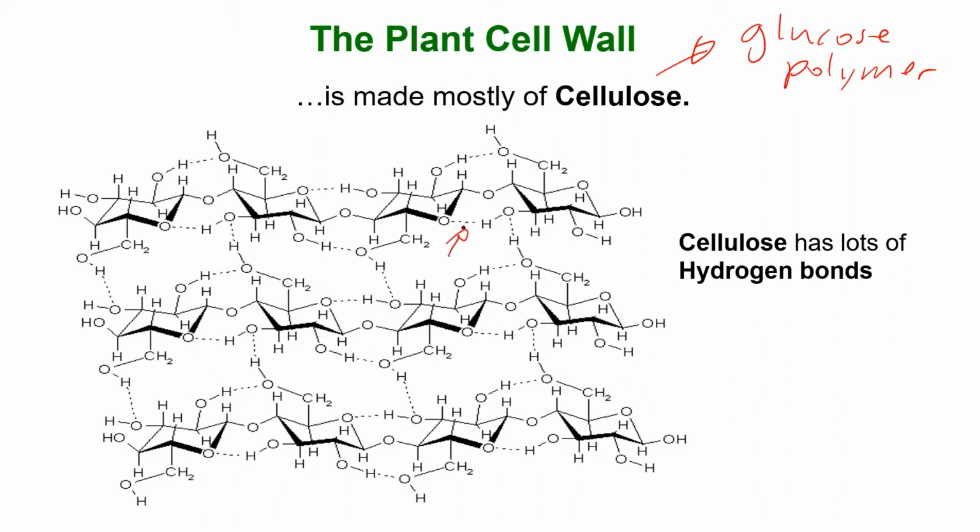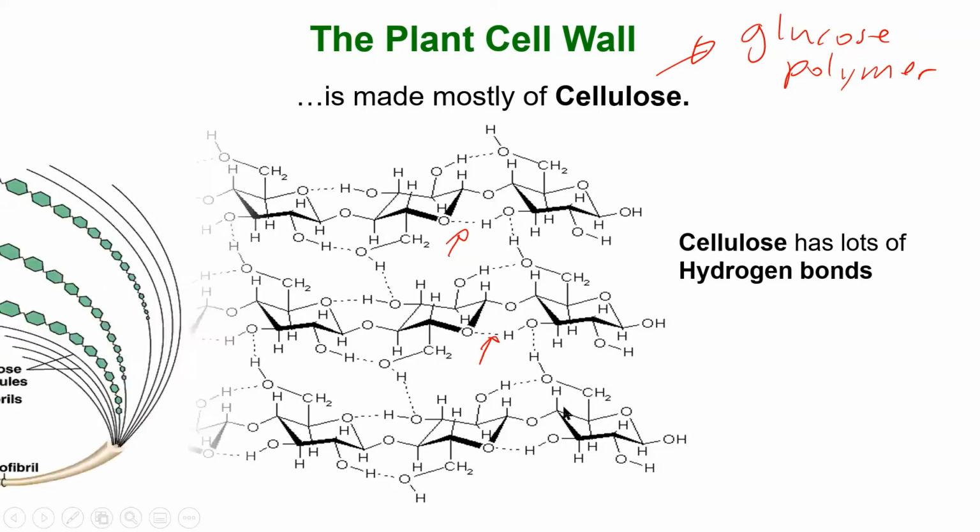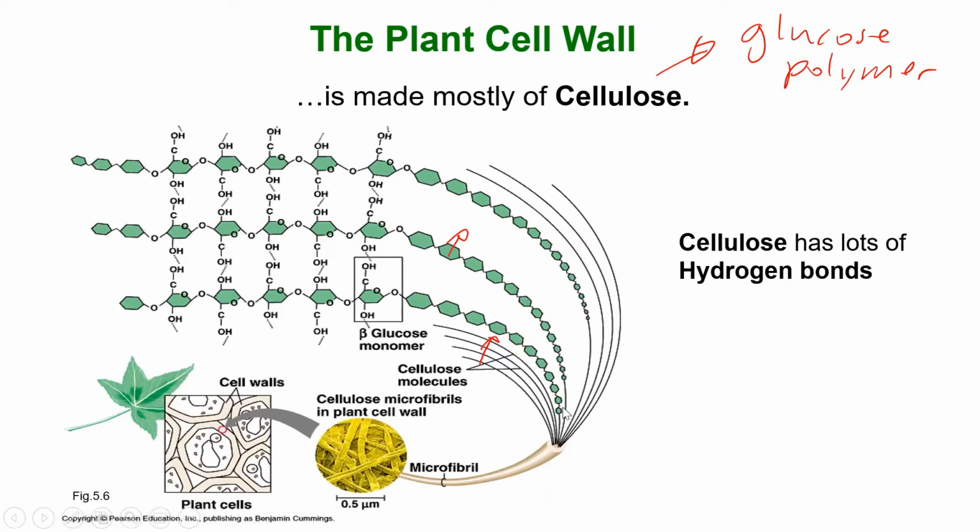So you've got hydrogen bonds here and here. All of these dotted lines are hydrogen bonds. And hydrogen bonds are about maybe a quarter of the strength of an ionic bond. So they're weak, but when you have thousands of them, it adds up and you have kind of a tough structure. And that's what cellulose is. I know I also showed you this one. This is the one from the textbook, and I just don't think it's quite as nice showing the hydrogen bonds,